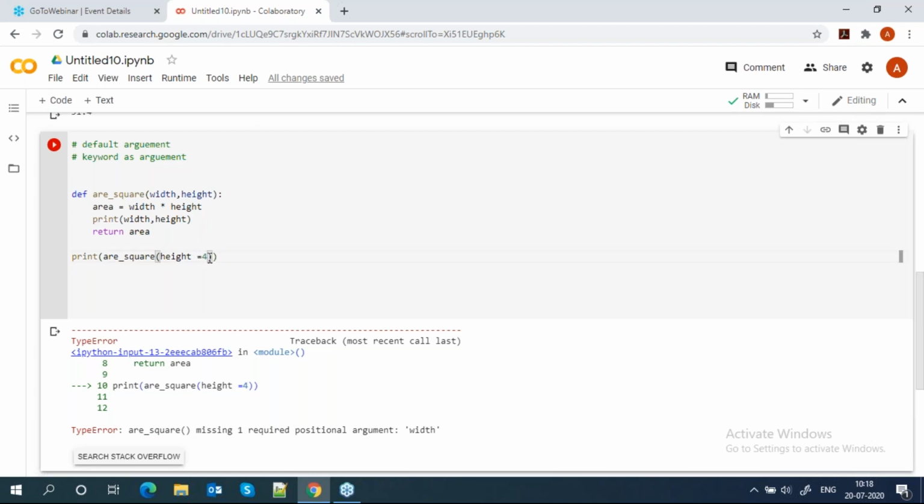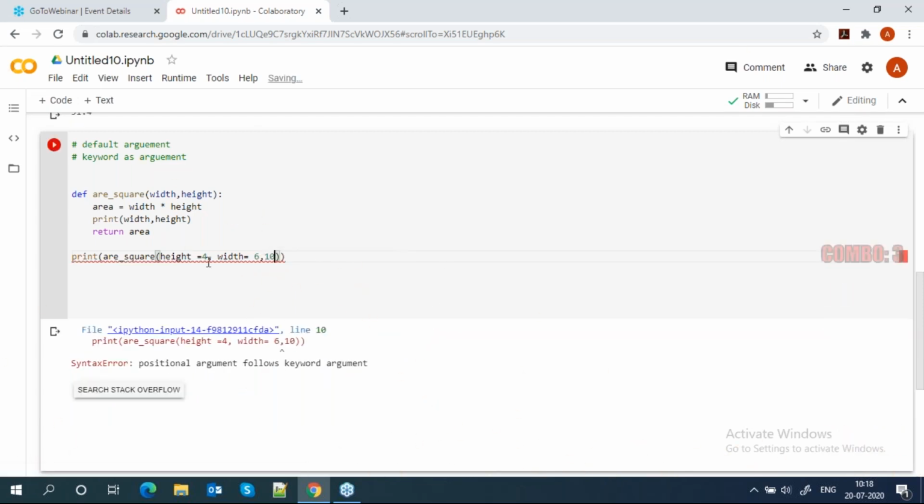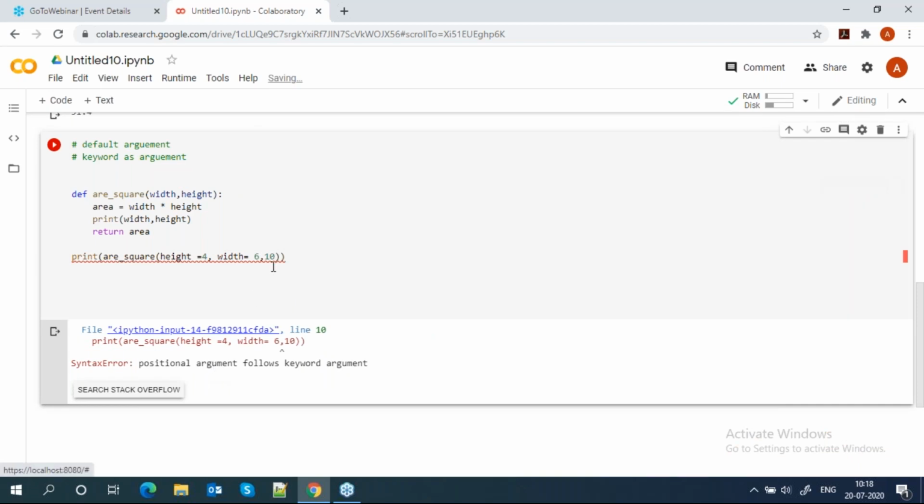Suppose, same thing, if I am passing another argument, 10, it will also give you an error. Suppose here I pass 3 arguments, but my function has 2 arguments only.